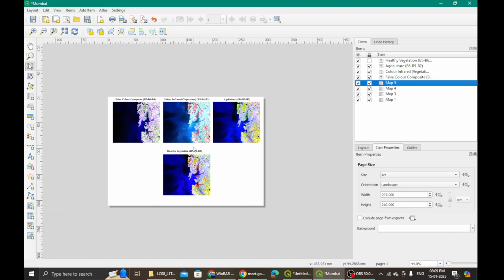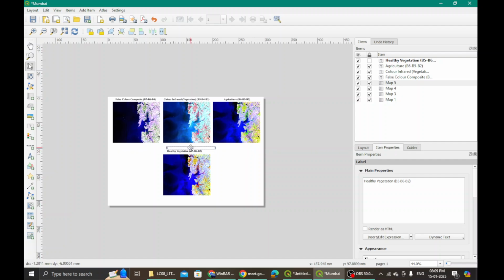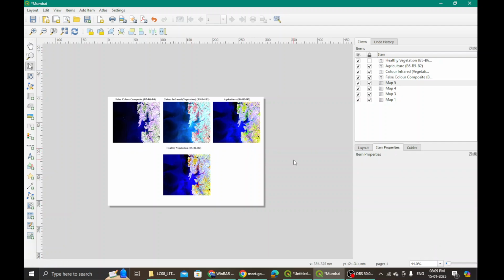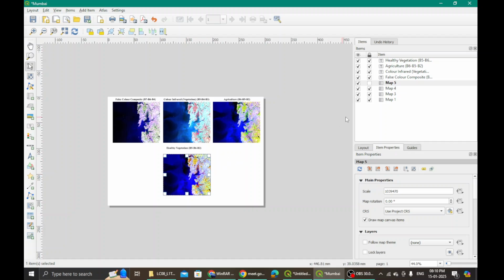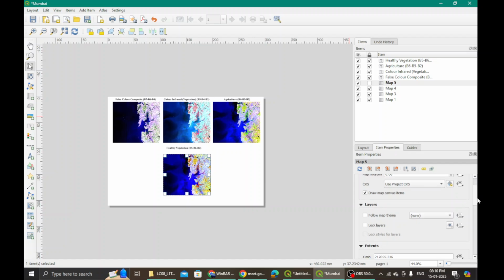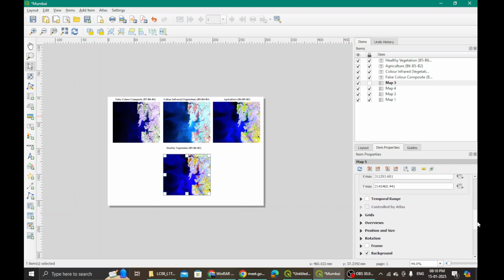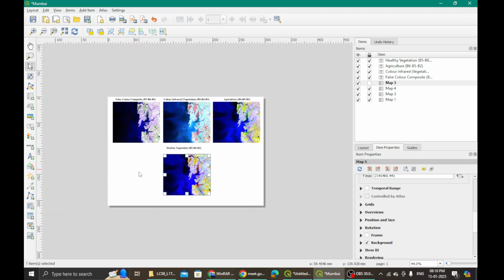Let me still know this 10 5. I'm just bringing it a little up and you'll get to understand why. Okay, let me lock everything. Now I'm here. I will slightly unlock this map 5. I have unlocked it right now because I want to add some grid to it. And to add a grid, I scroll down into the item properties for this map file.